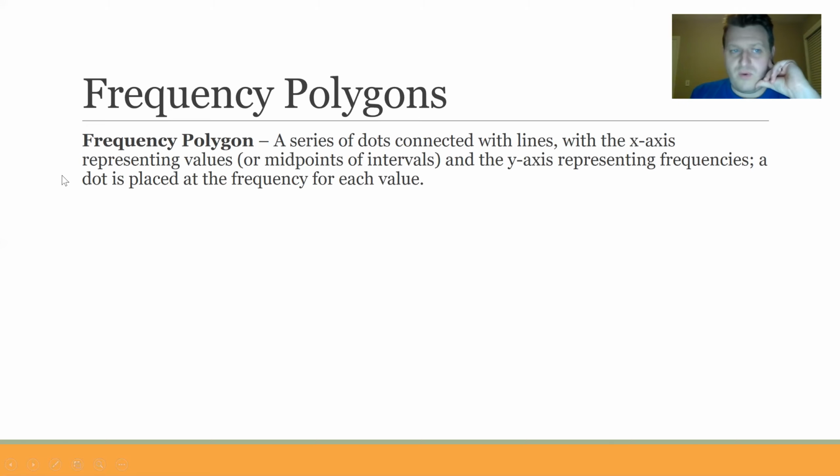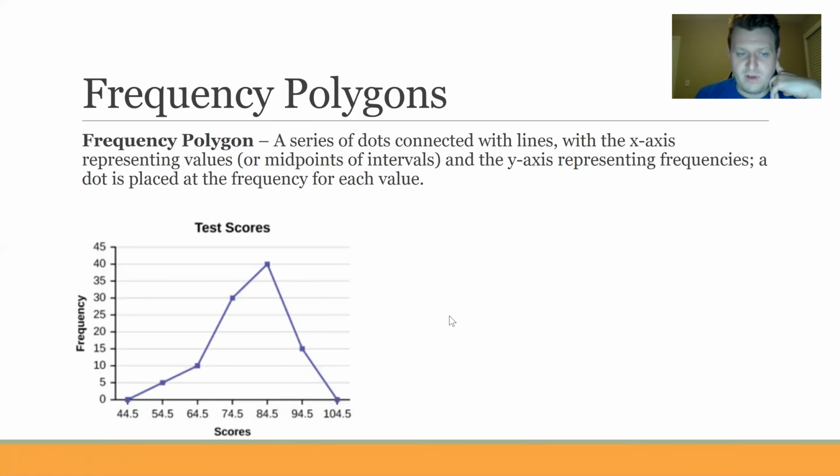The x-axis represents our values, our dependent measure, our variable of interest, and the y-axis, again, in this case, represents frequency. It could be either raw frequency, relative frequency, any of those versions of frequency that we talked about. So here's an example of a frequency polygon. Again, instead of having bars, we have